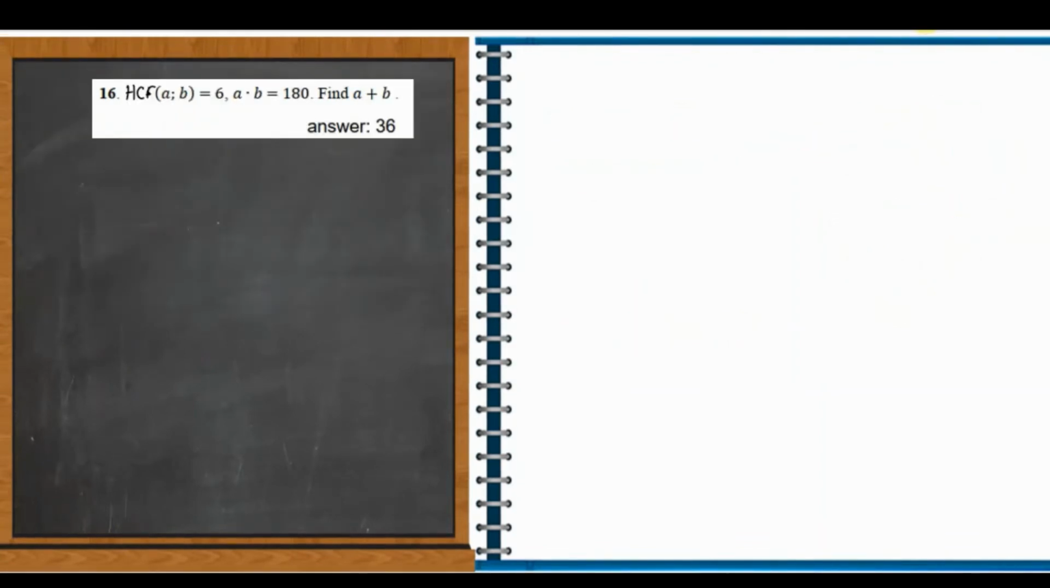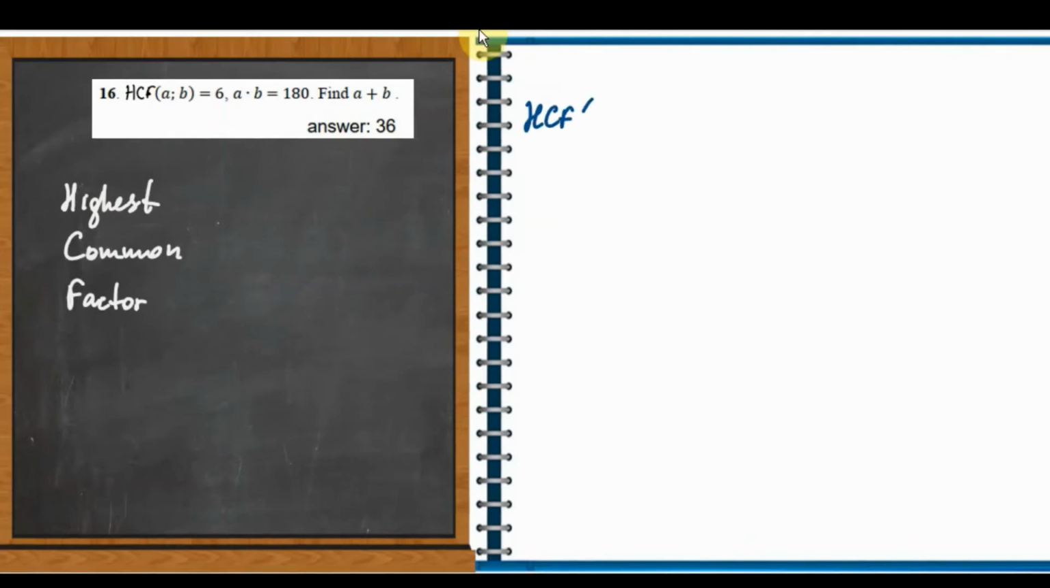Number 16. In number 16, we need to know the meaning of HCF. HCF is highest common factor. Now, HCF of two numbers is 6. HCF of A and B is 6, and A multiplied by B is 180. We need to find the sum A plus B. Alright, let's factorize A and B